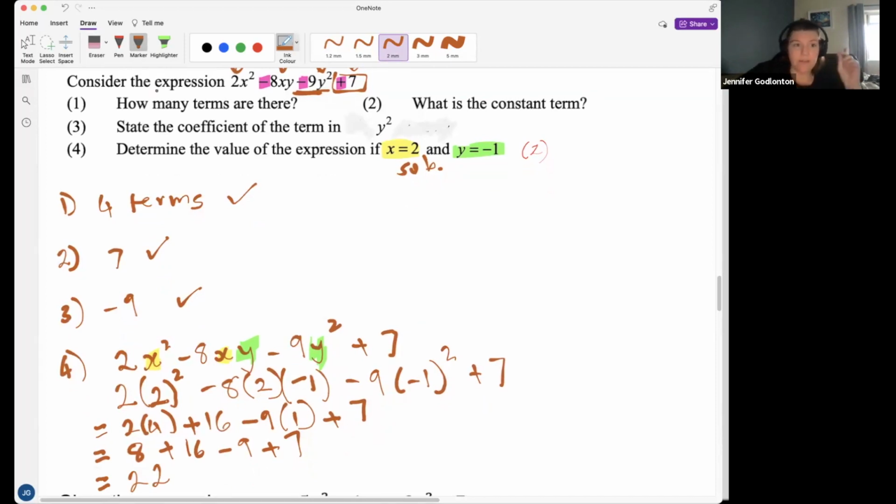Okay, so I'm going to give you 1 mark for showing me the substitution, so for showing me where those numbers go, and then 1 mark for the answer. And that's going to be out of 5. Where are we sitting with